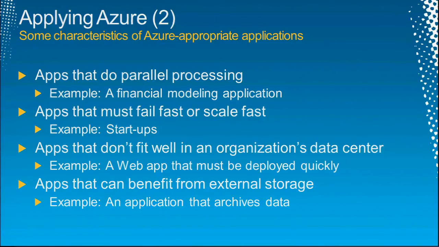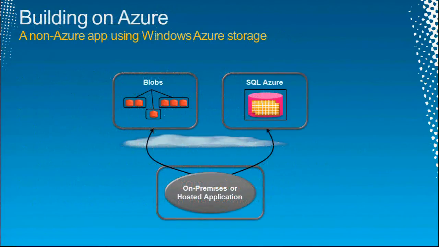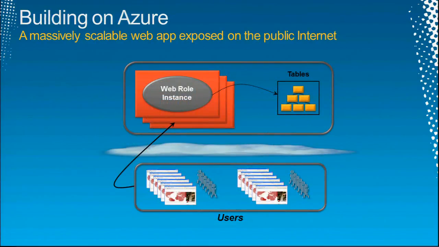What I have found is people have to build trust. And not infrequently, they will start building trust by doing backups to blobs, for example. It looks like this. Maybe you have blob data or SQLized data in the cloud. You've got to build trust at some level. And then maybe, if you want to build an app that's very scalable on the public internet, it might have just web roles. You might use tables, that very scalable NoSQL solution for storing data.